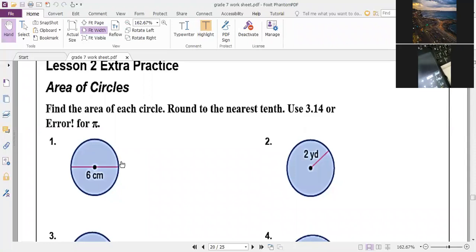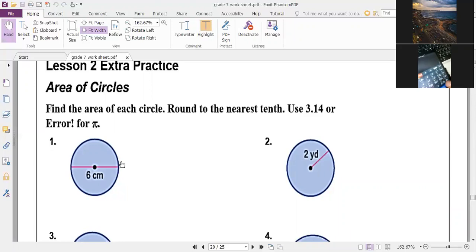Another example. If he gives me the radius, I have the radius in example number 2. What do we do in this case? Look with me, my friend. If you have the radius, I will use pi, 3.14, and r here is equal to